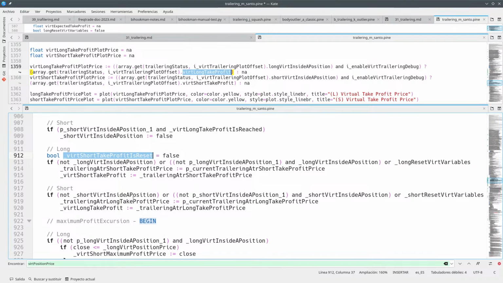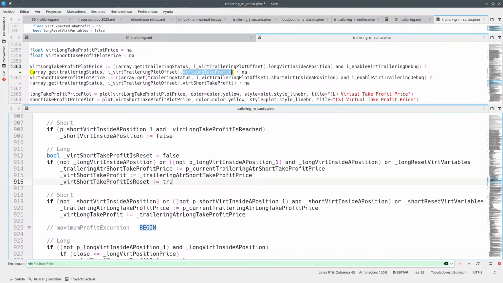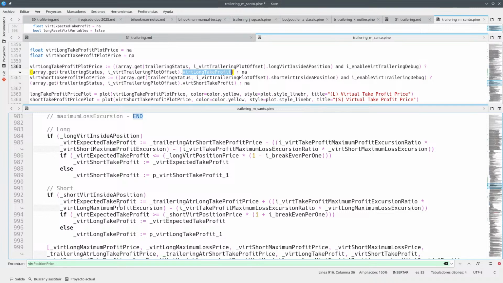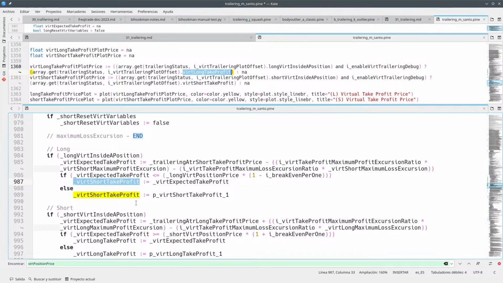This is false by default, and so what we do here is we set this to true because this has been reset. Okay, so then later on we can find, what the hell was this? We can find this short take profit stuff, which is being modified